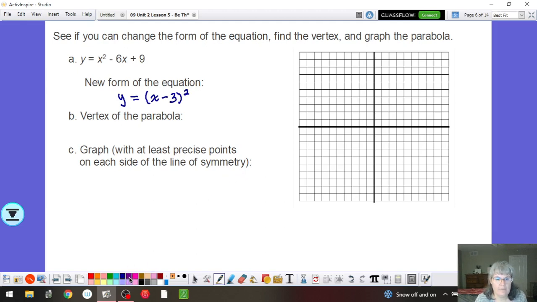We can identify the vertex. We can see that it should move to the right 3 units, so that'll be a 3. And we aren't adding or subtracting anything, so it's going to be (3, 0). Our graph is only shifting to the right of the origin 3 units. Because my a value would be a 1, I don't have anything here, I can use the anchor values